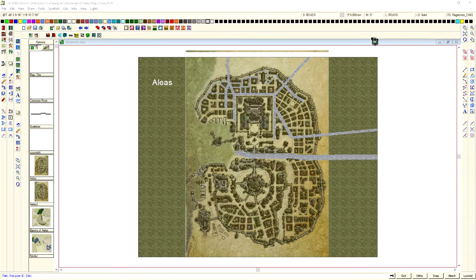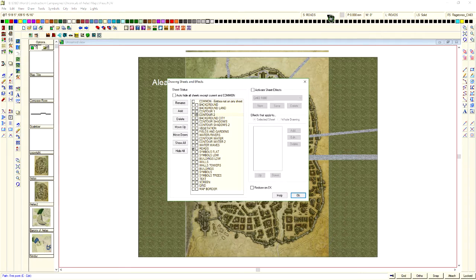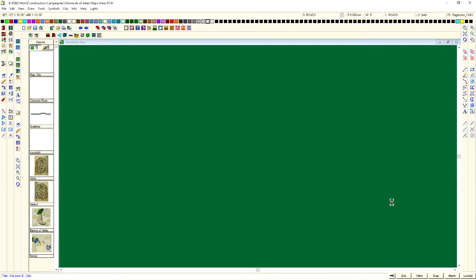But just to give you an idea of how this right here actually works, we'll pull our contour back up, and then we'll do active sheet effects, right? So we do like that. Just one second here. It takes some time because it's actually